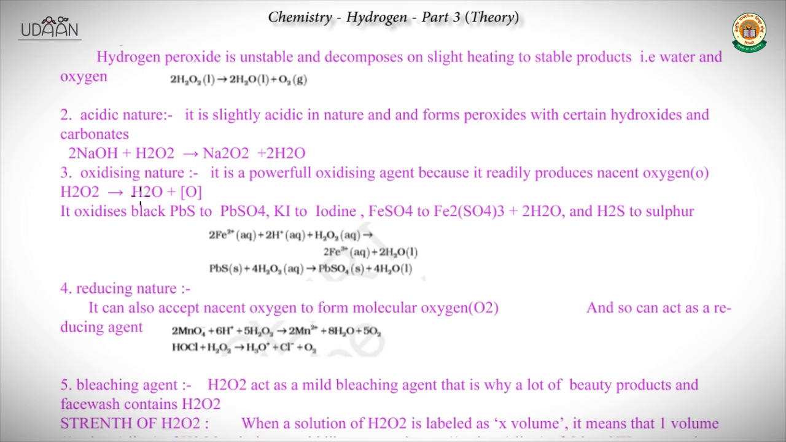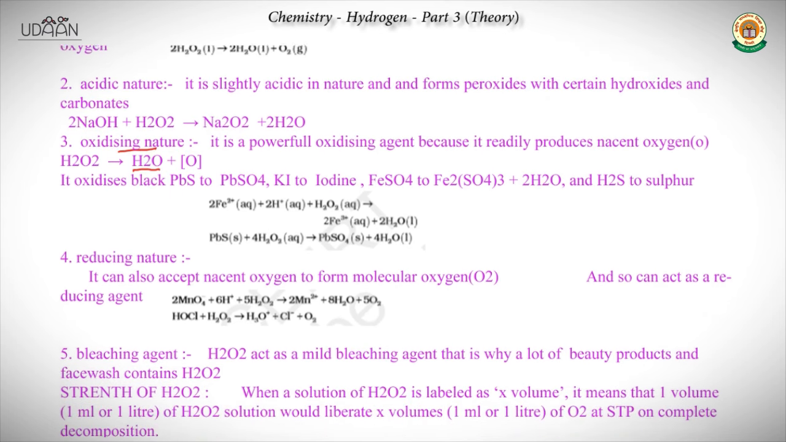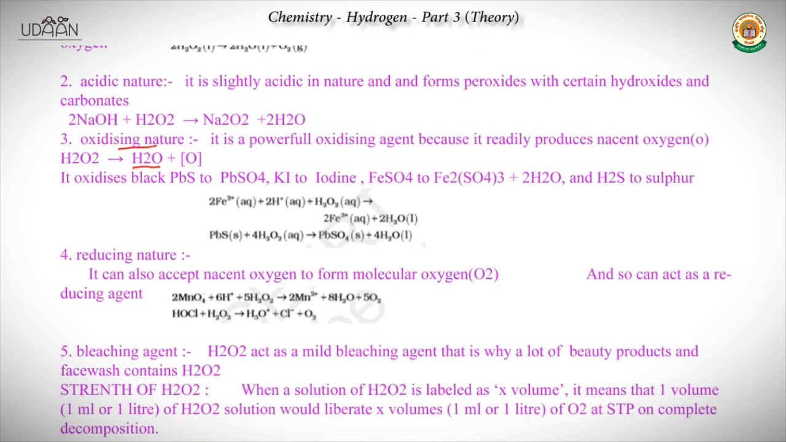We see the oxidizing nature. It is oxidizing in nature. It is a powerful oxidizing agent because it readily produces nascent oxygen and will also produce water. It also oxidizes black PbS to PbSO4, KI to iodine, and FeSO4 to Fe2(SO4)3, and H2S to sulfur. That is, it